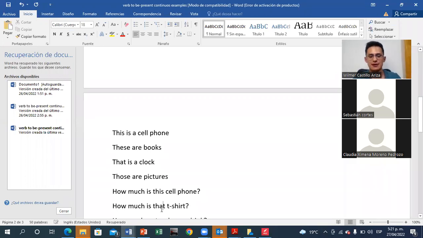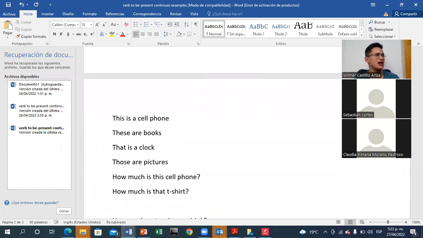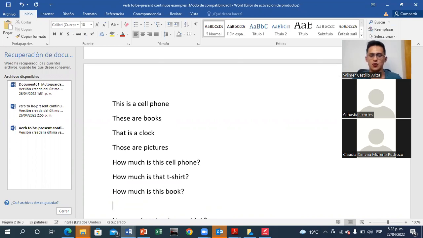¿Por qué that? Lo que veníamos. That es cuando estamos hablando de algo que estamos señalando, que está lejos, ¿no? Y acá, this es porque yo tengo el celular acá. Listo. ¿Cómo me preguntarían ustedes cuánto vale este libro? Digamos que van a comprar un libro. ¿Cuánto vale este libro? How much is a book? No sé, un televisor que está por allá. Quieren decir, ¿cuánto vale ese televisor? How much is this TV?